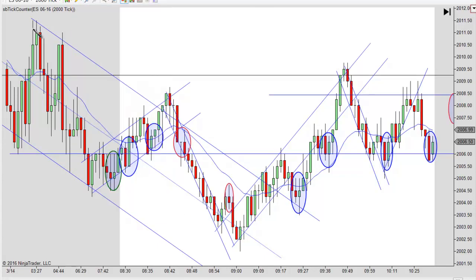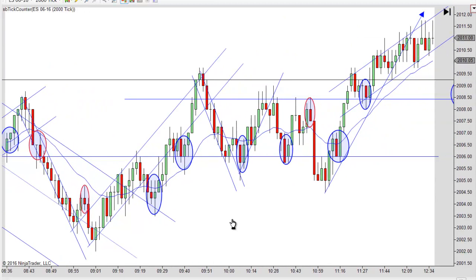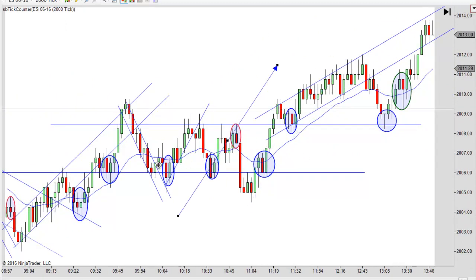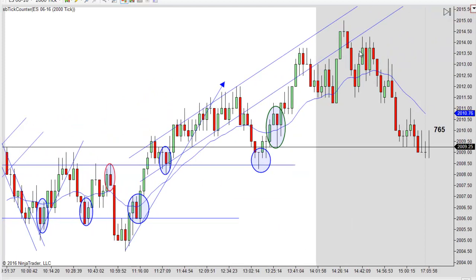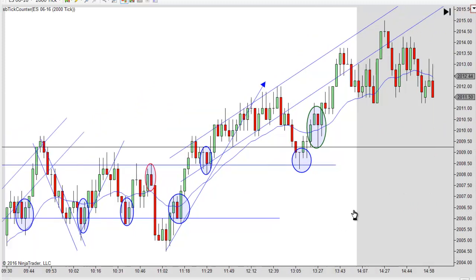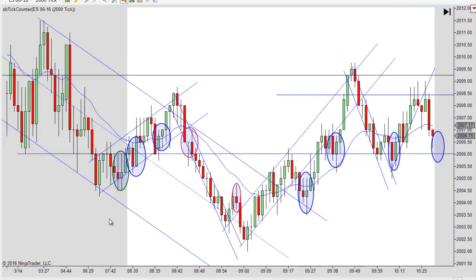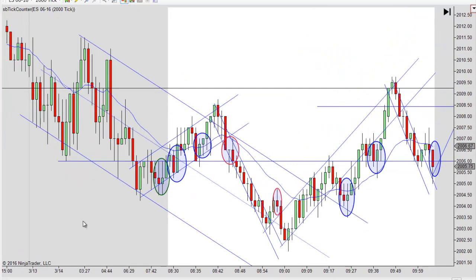Once we started going lower, let me talk about these real quick. You look for a measured move down, and you see we came really close. We didn't quite get there, but it was within a couple of ticks. And then on the way up, you got your first leg up, and once you started your second leg, you look for a measured move, and you see we got within a tick of that before it corrected, and it went a little bit higher for a new high. But anyway, I wanted to show you that before I forgot about it.